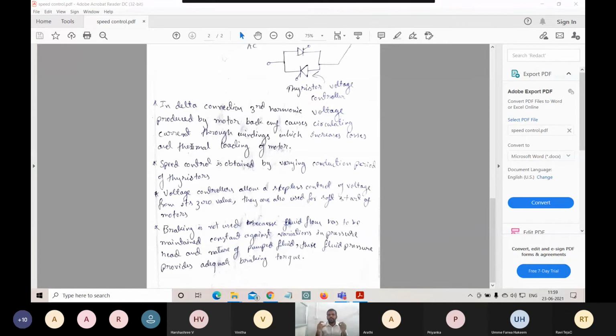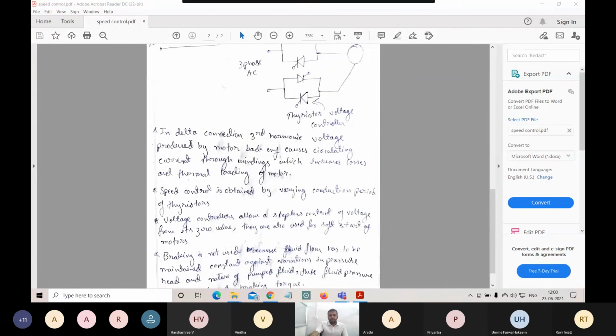So in the pump drive we will be having fluids. So we have to maintain the fluid flow and fluid pressure. So that fluid flow or fluid pressure we can obtain here, by keeping it constant against the variation in the pressure head, and also the nature of the pump fluid. So what kind of fluid we are using in our pump drives, and what is the pressure that we obtain by using the control valves. So these are all matters for deciding the nature of braking or nature of speed control. Okay. So these techniques provide us the adequate braking torques.